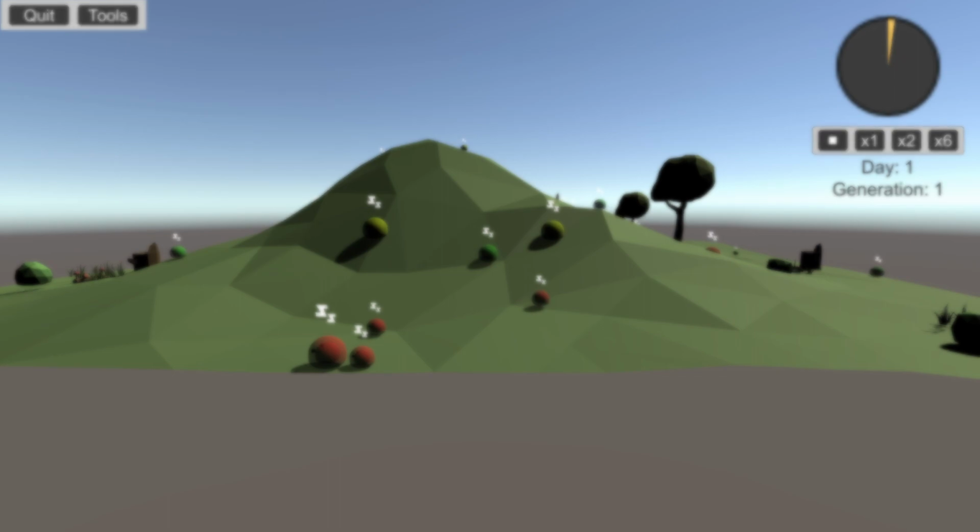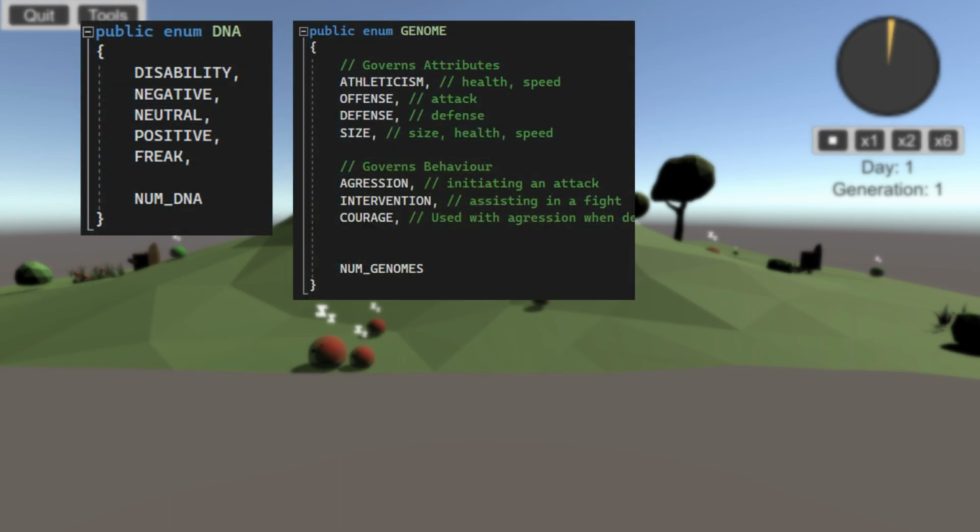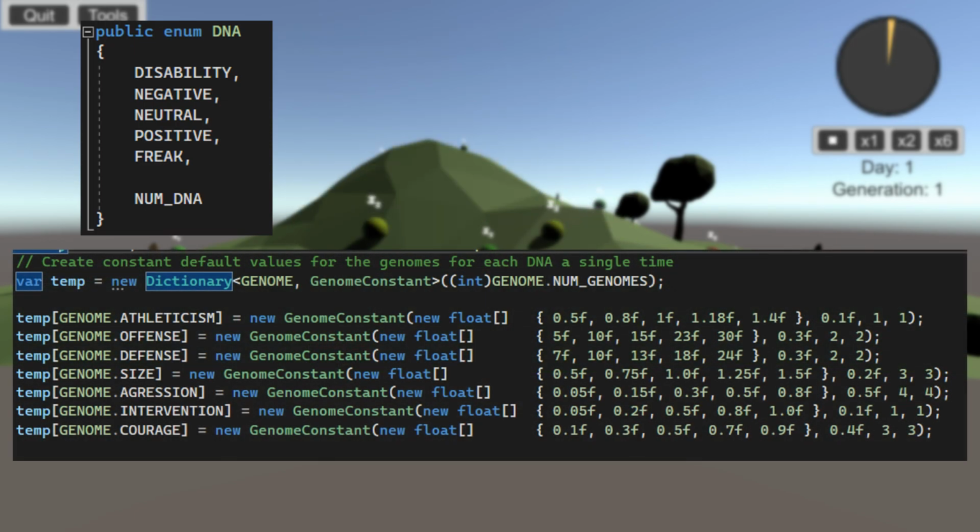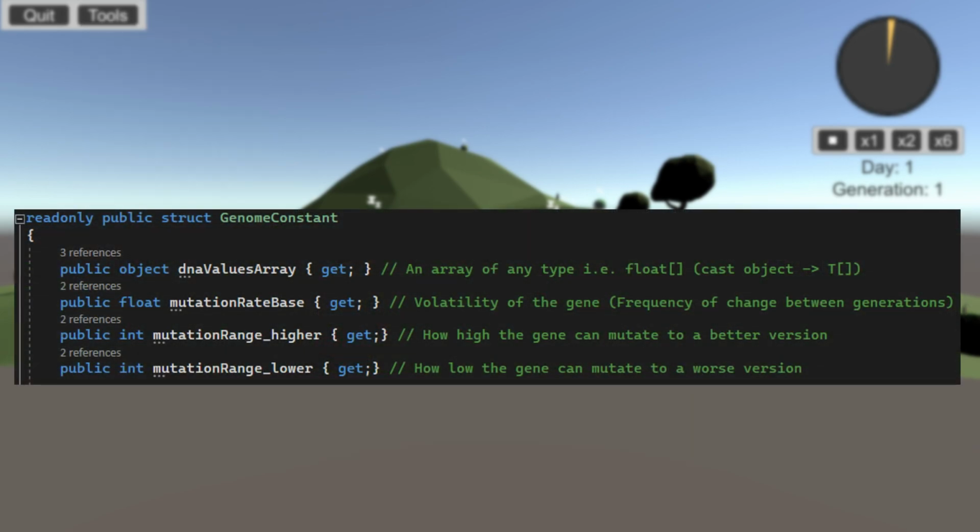The genetics are split into DNA and genome. Each genome can affect the behavior or the attributes of the creature. The DNA determines the quality or the value of the genome. For instance, the negative DNA for the offense genome is set to 10, and the positive DNA is set to 23. The information for the genome and DNA is stored as read-only structs, as they act as constant default values